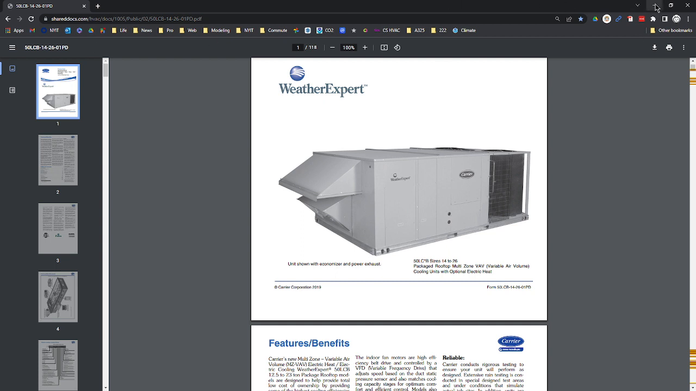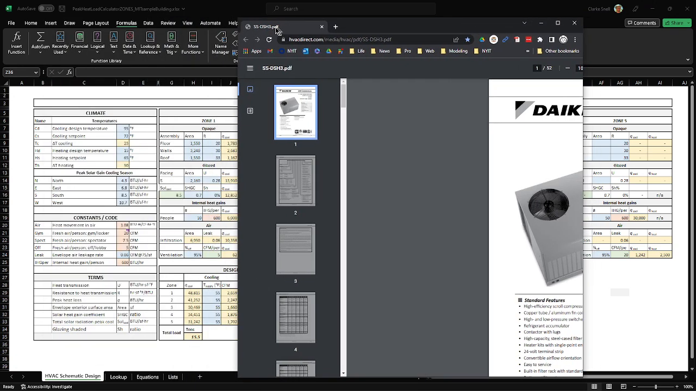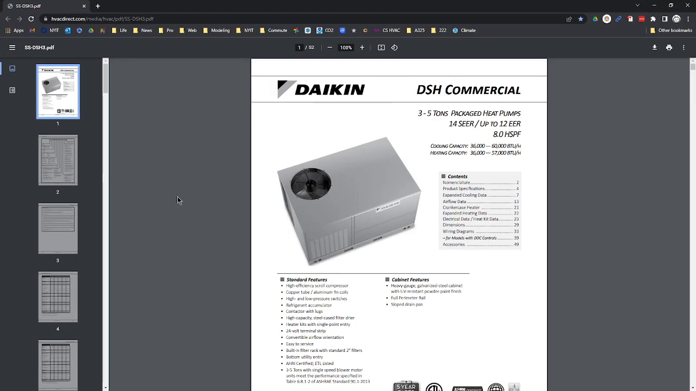But this is actually a pretty small project. Here's another one that I found, and again, this took 30 seconds, so I'm not saying these are great. This is a roof-mounted heat pump unit that has 3 to 5 tons of cooling, so 36 to 60 thousand BTUs of cooling and 36 to 57,000 of heating. If we come back and look at our